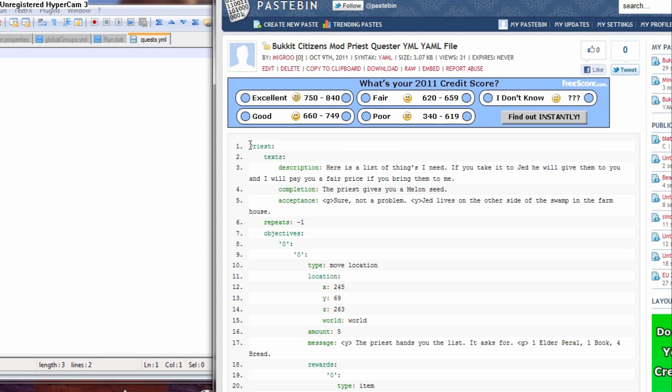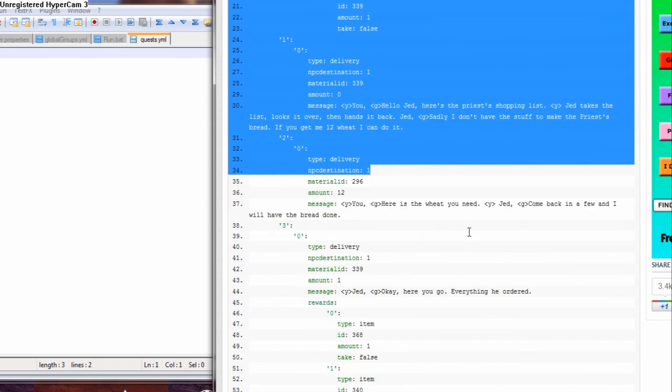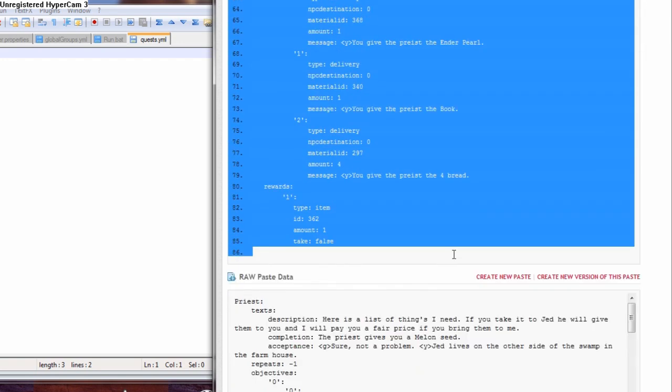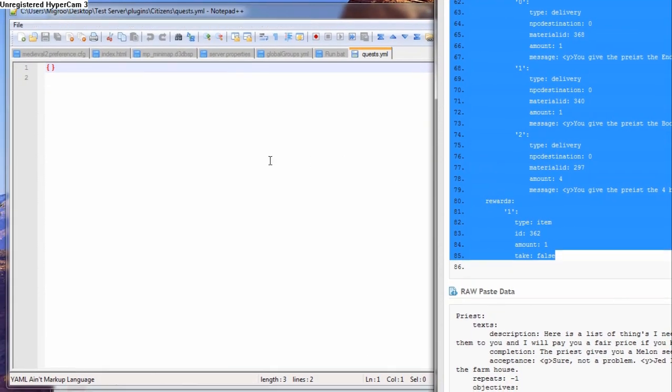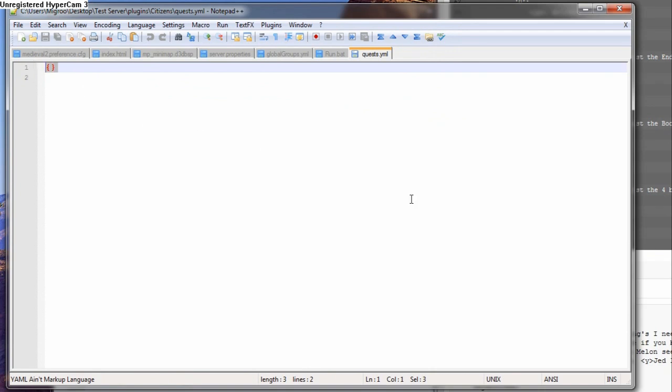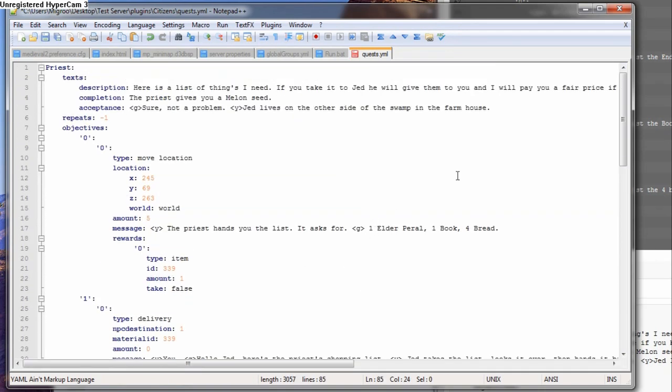Alright, so I've titled this quest Priest, and as you can see, it's a multiple step quest. And we're not working with economy plugins or anything, which it's really easy to adjust this to where it will if you want to use those as well. But there it is. So I've just copied and pasted, and again I'll leave a link to that in the description as well. I'm going to save it there.